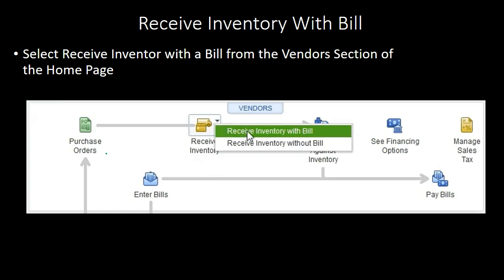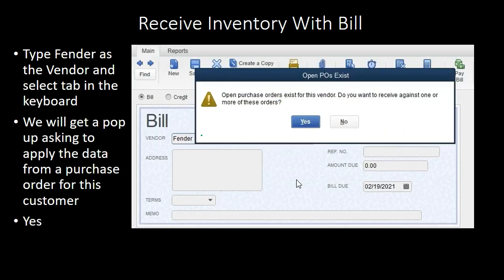We would enter this information to process the purchase order. And then when we go to receive payments, it can generate that information. So we'd say receive payments. Now we got the inventory, the guitar, in the mail, and the bill is in there with the guitar that we received in the mail. Once we enter the vendor, which in this case is Fender, the vendor that we purchased our guitar from,